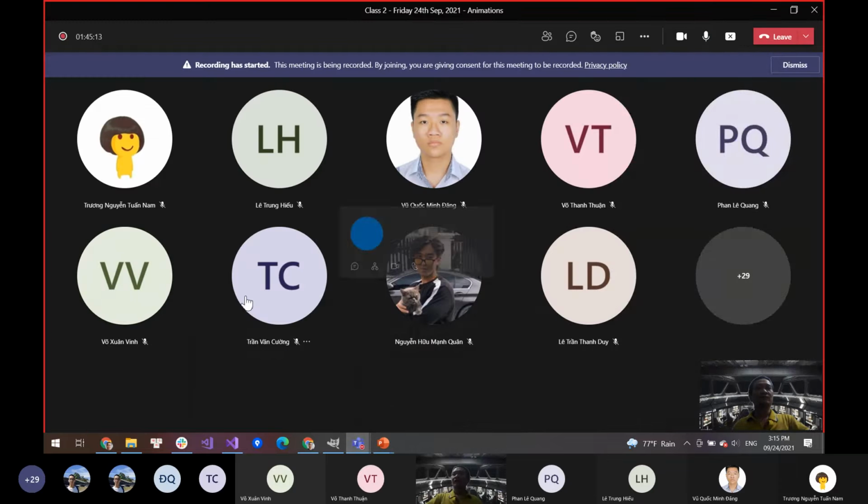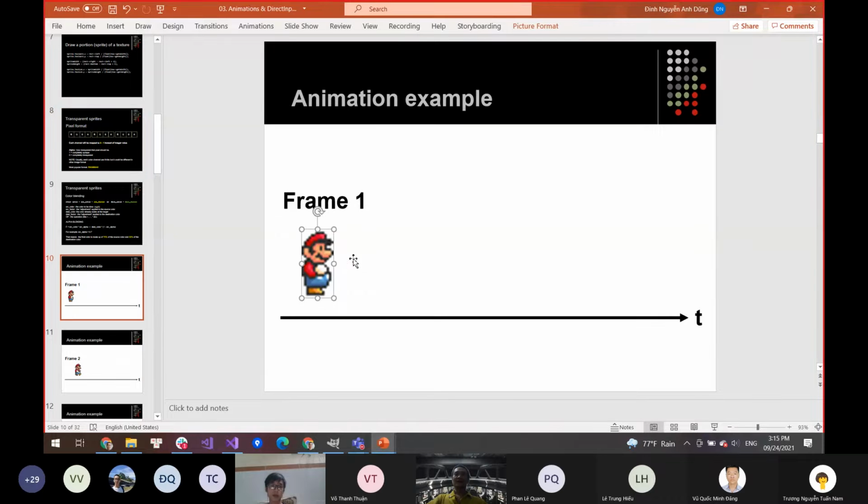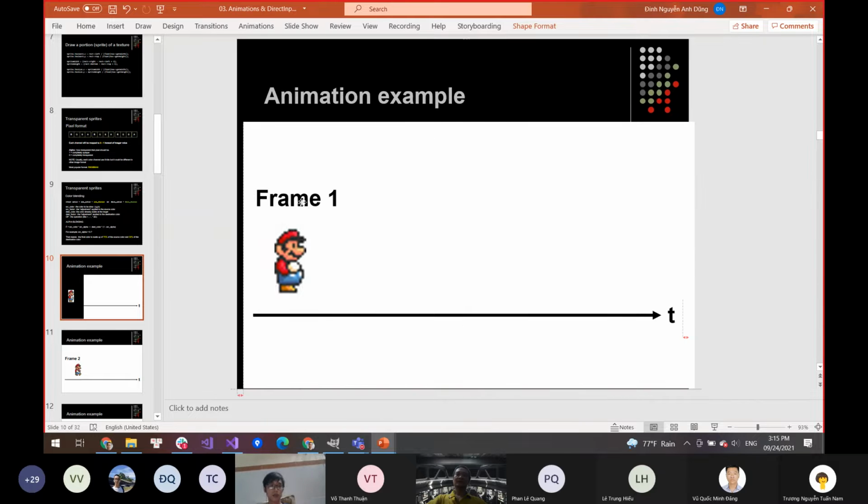Okay, so let's move to the next lesson. Do you see my screen over here, right? The next thing that we need to do for animation is to prepare a transparent sprite. Without transparency, we will see a rectangle around Mario. For example, if we don't make Mario transparent, we will see something just like that, the white pixels around Mario. So how to make the pixel